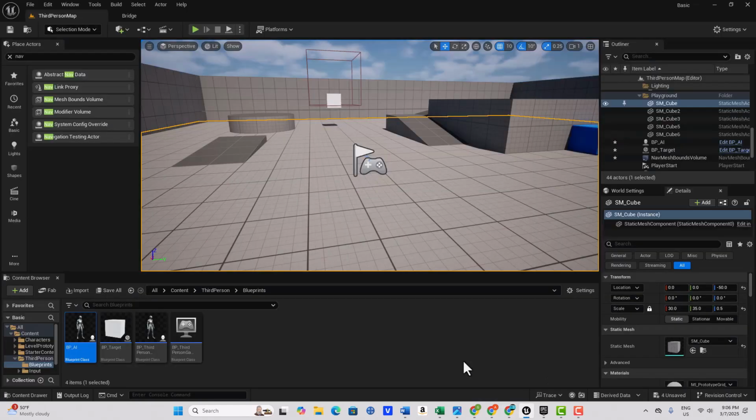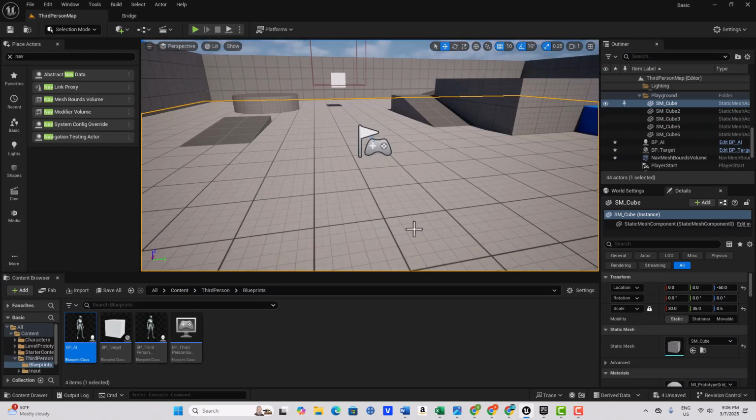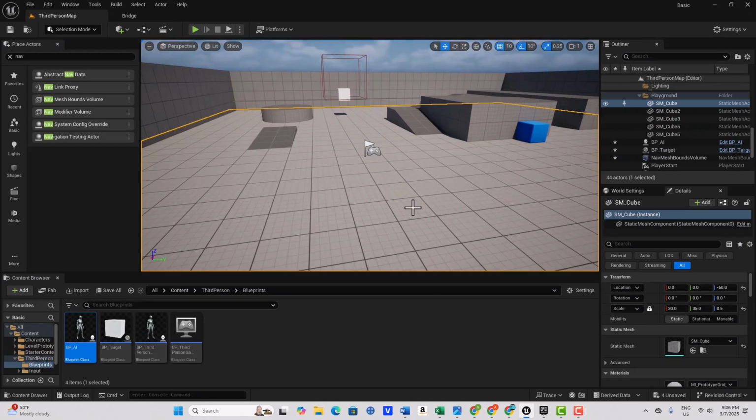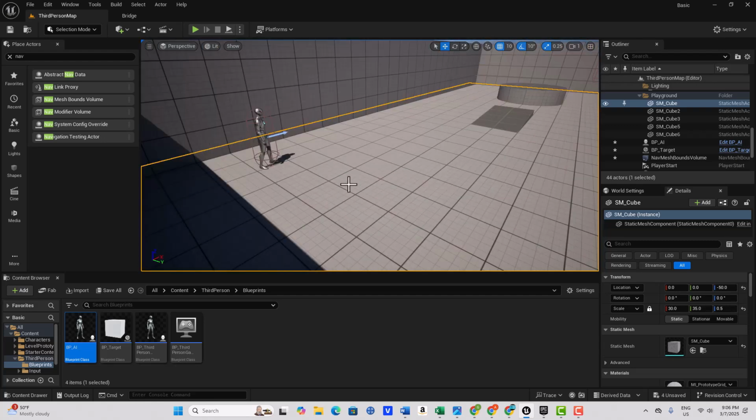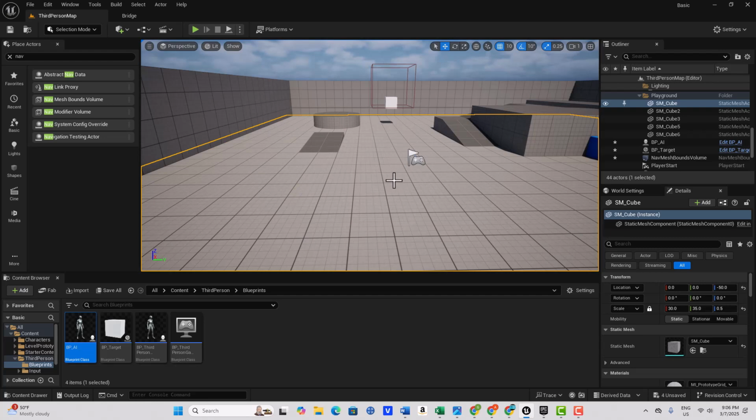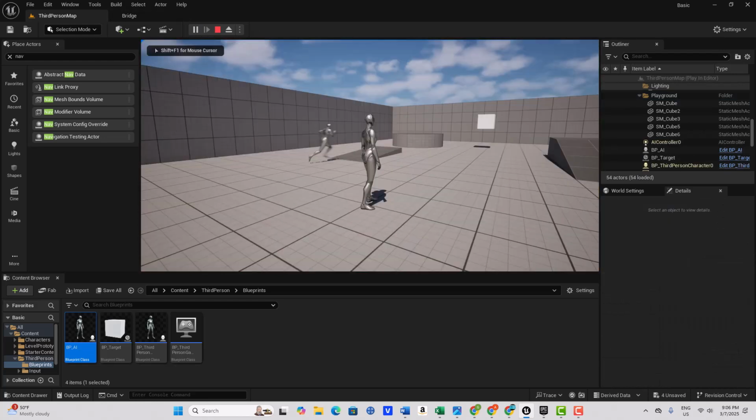Let's jump into Unreal Engine. Where I'm at right now is I just did a tutorial on the basic AI, and this was just an AI going over to this area. And this sets the stage. So if you want to know where I'm at, if I hit play, you'll see